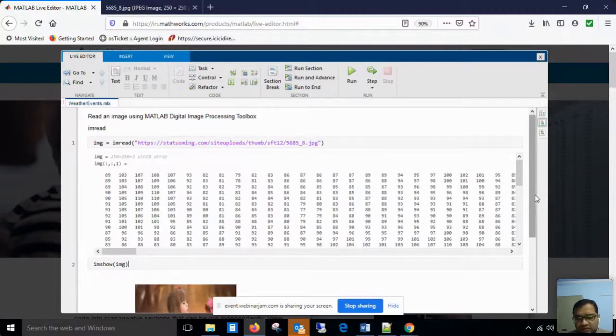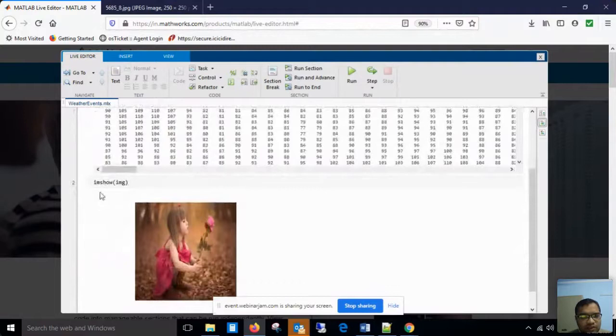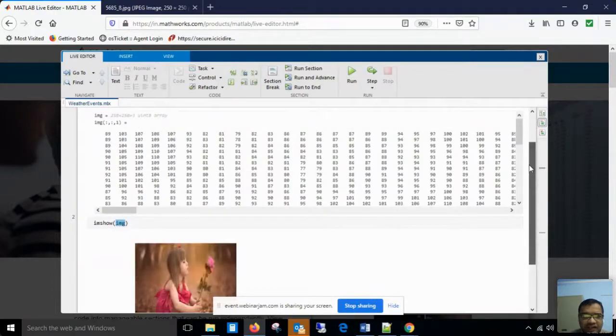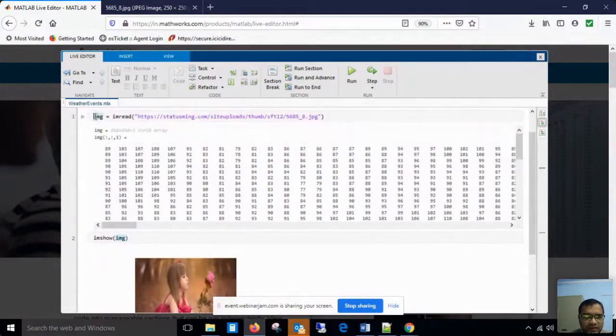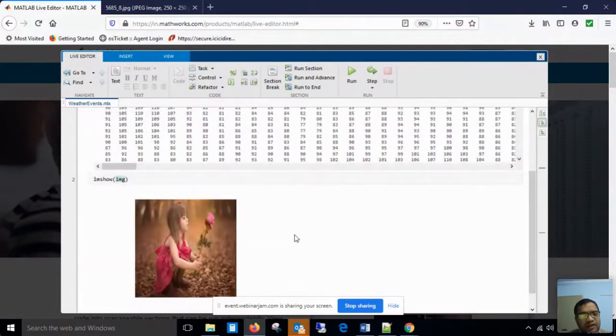So see what happens. My first command is executed again, and imshow stands for image show. I'm passing the variable or matrix name, the same name which I had used in the first command. So the imshow function is showing me whether I have read my image correctly or not.